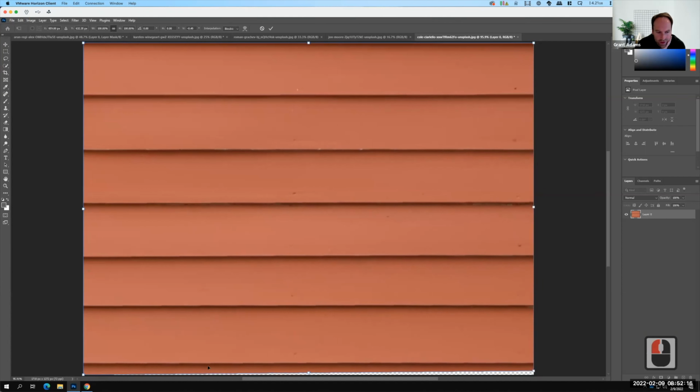See right there, trying to make that one straight. Similarly, I want to make sure that the top here is also straight. Yeah, that one's pretty straight to begin with. All right, that looks pretty good. I'll go ahead and commit to it. And then we can come back and crop it a little bit more